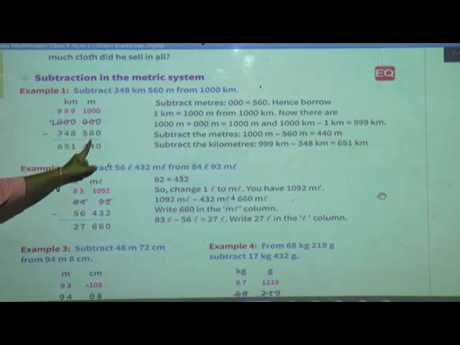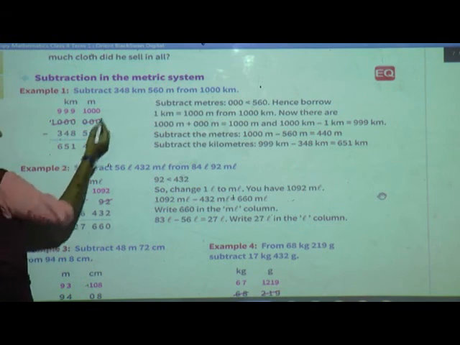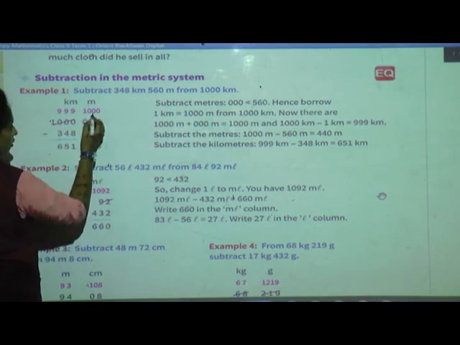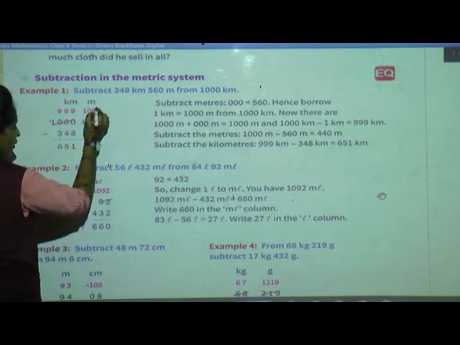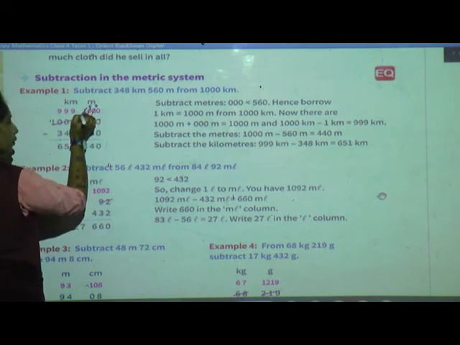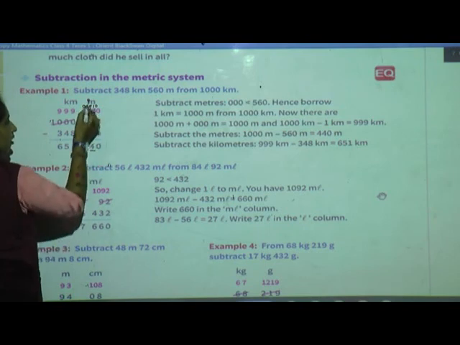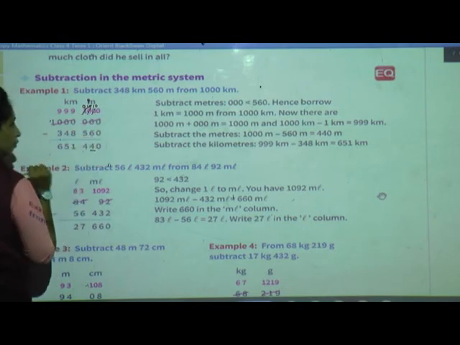So now here we can subtract 1000 minus 560. So 0 minus 0 is 0. 0 minus 6 we cannot do, cut the 0, write as it is, take borrow from neighbor, neighbor also doesn't have, go with the next neighbor, he is having 1, he will give 1, 0 will remain. Now he will give 1, here 9 will remain. Now 10 minus 6 is 4, 9 minus 5 is 4.